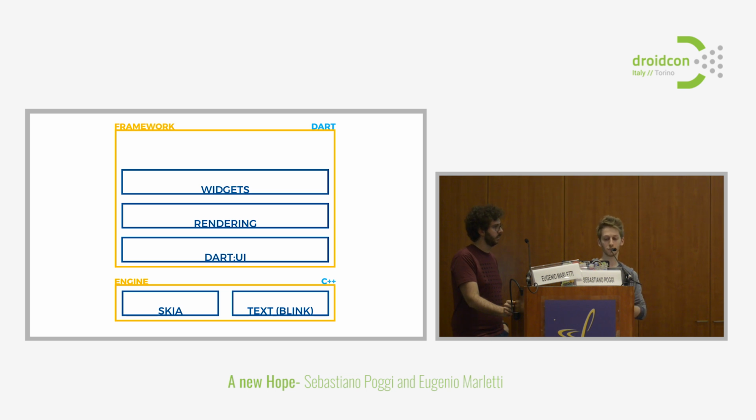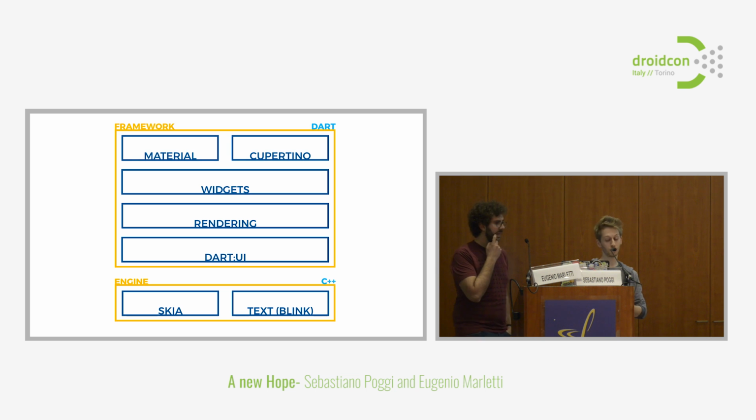On top of this, they also built other layers, which you can use, obviously, and you generally do, which are the material and Cupertino layer. It's basically just theming. So that you can just say, hey, this app uses material, and then everything it draws is going to be by default following the conventions and guidelines from material. Yes, and keep in mind, even if you're using widgets, you can always jump lower and have access to a canvas or something like that, or the views, which are the rendering objects, etc.